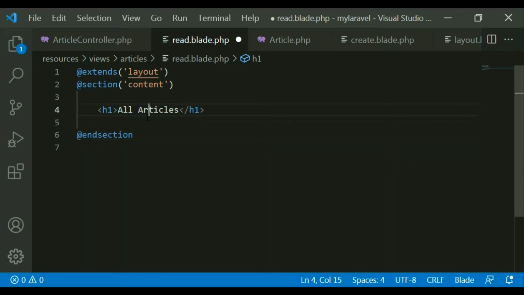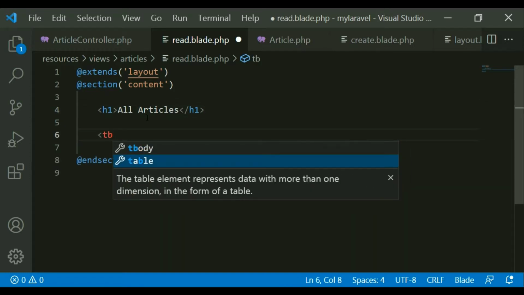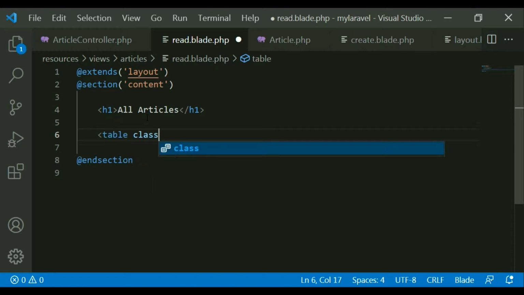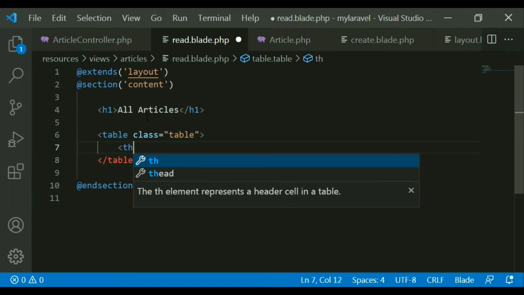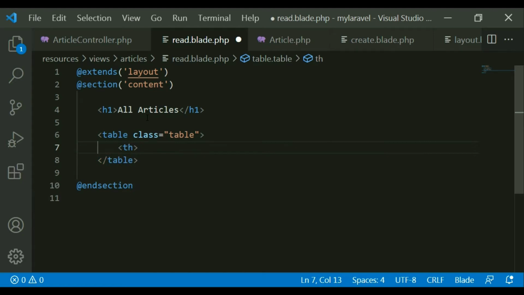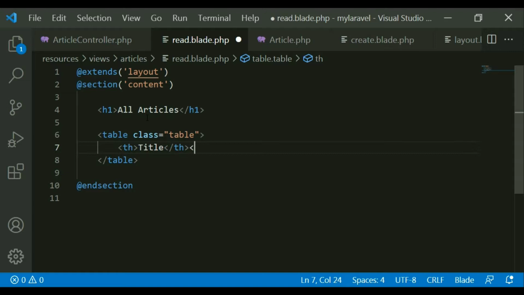Now here I want to display the records, so you just create a table. I want to use the bootstrap table, and here th, I want to write the title here and close.